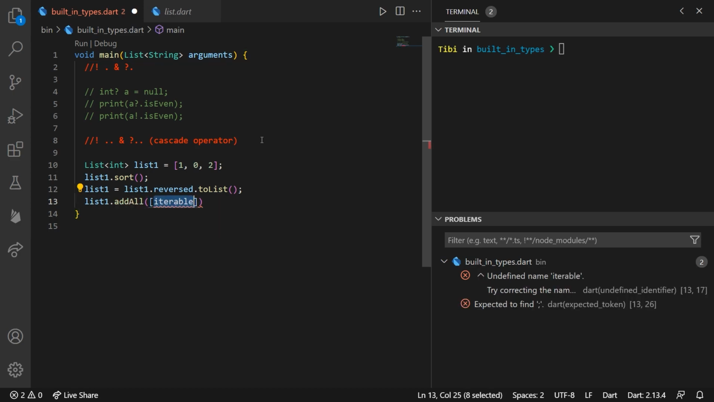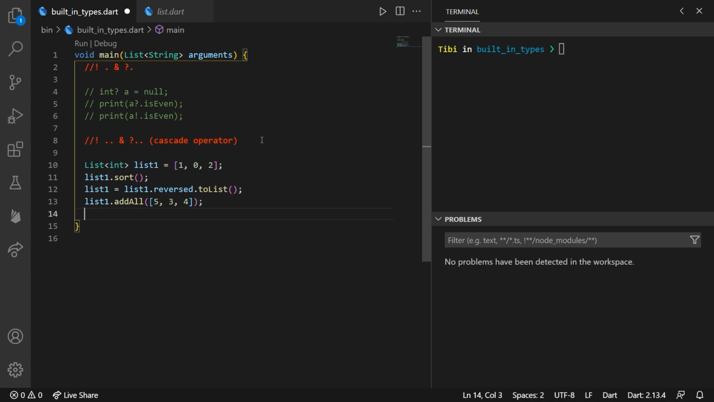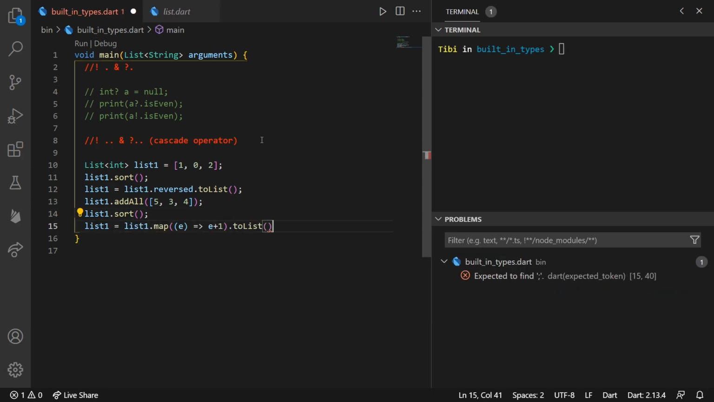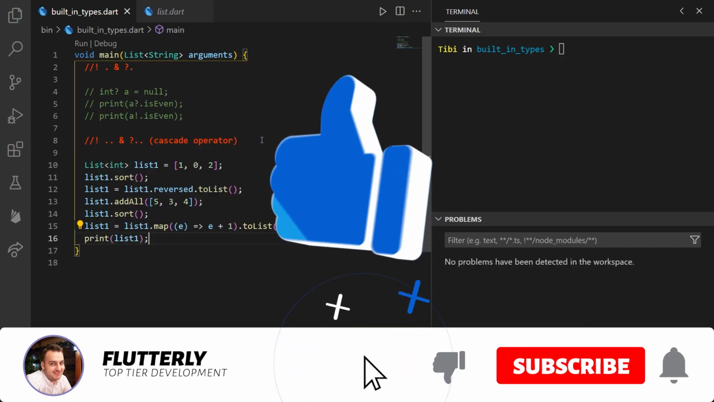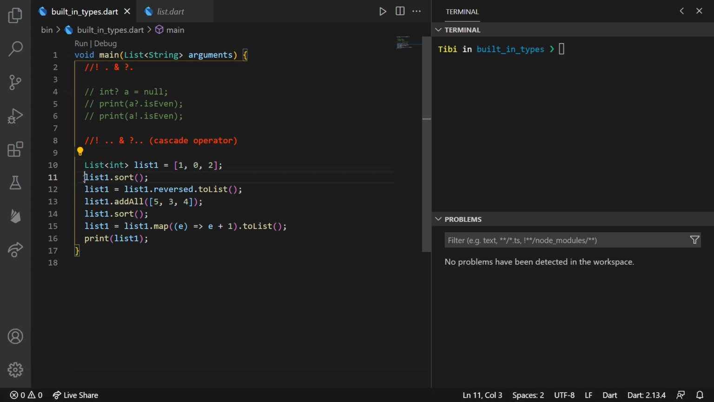What do I mean by that? Let's say we have a list equals 1, 0, 2, for example. We want to sort this list, to reverse it, to add the content of another list to it, then to sort it again, then perhaps I want to add 1 to each of the elements, sort them again, and then print the list. If you'd have to do this normally, you'd simply call all these methods one after another, line